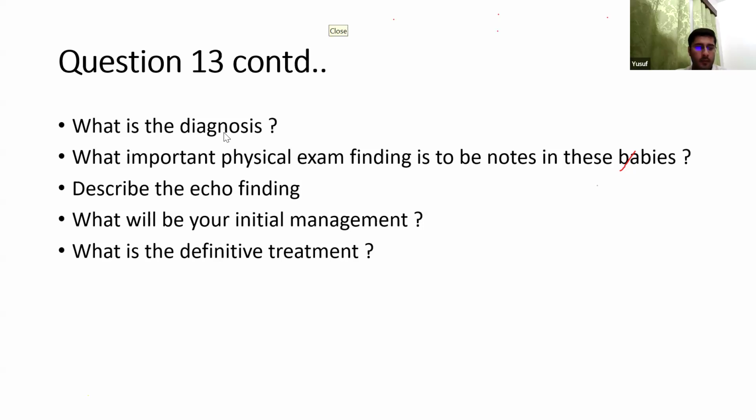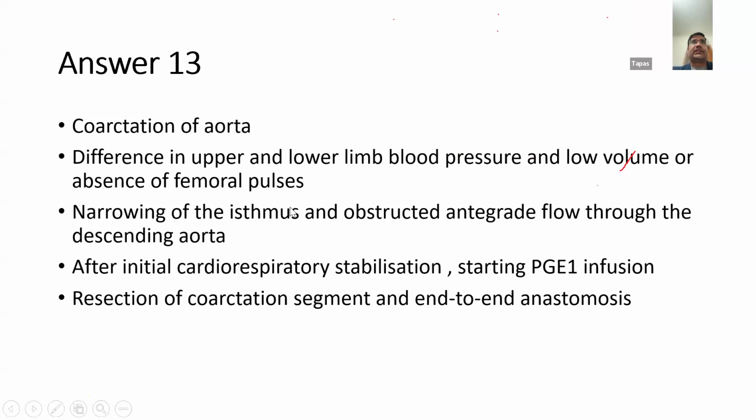Okay. Correct answers, Dr. Ishu. So this is coarctation of aorta. This is correctly said. So the important physical finding in this case is the difference in the upper and lower limb blood pressure. If you find a difference in the blood pressure of more than 15 mmHg,